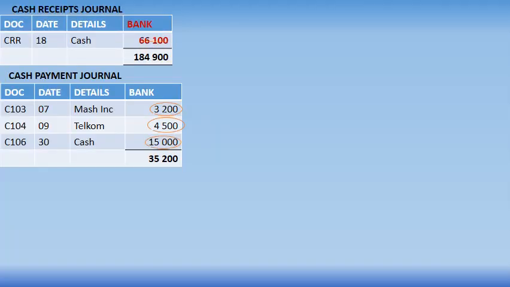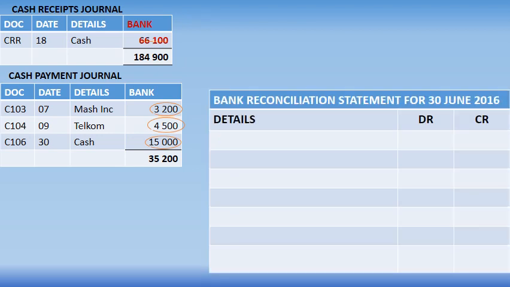The reconciliation will be concluded by preparing the bank reconciliation statement, having columns for details, a debit column for outstanding check payments, and a credit column for outstanding deposits. All the outstanding deposits and outstanding check payments will be recorded in this statement. The first entry will be to start with the closing bank statement balance as was shown at the end of